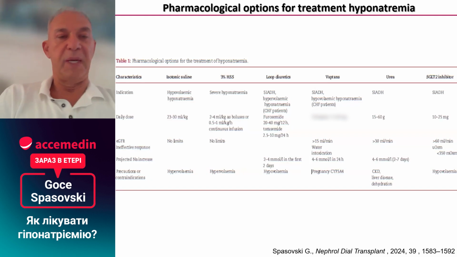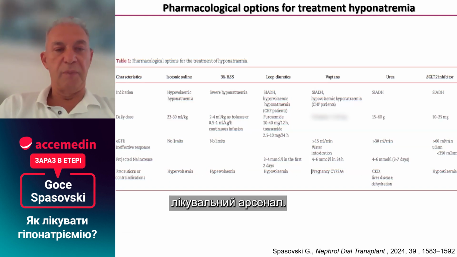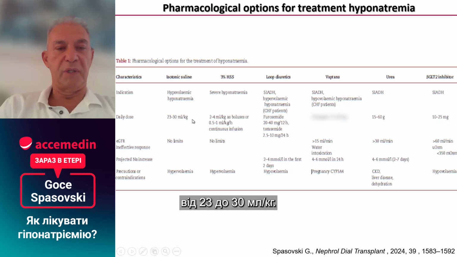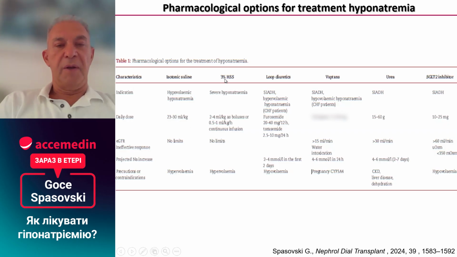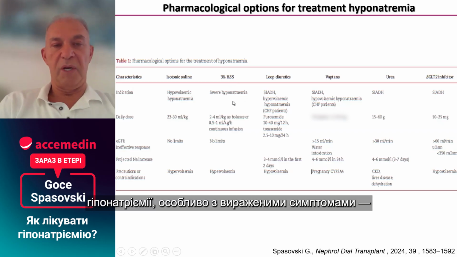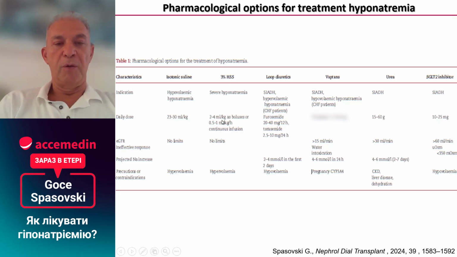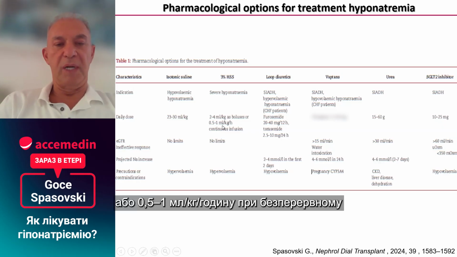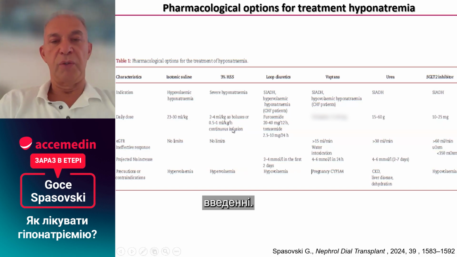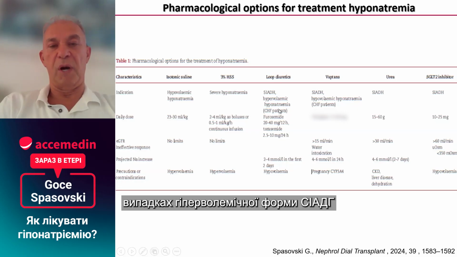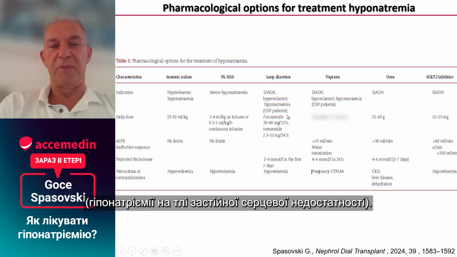We here have the treatment armamentarium: isotonic saline in hypovolemic hyponatremia, 23 to 30 milliliters per kilogram; 3% hypertonic saline in severe hyponatremia, especially with symptoms, 2 to 4 milliliters per kilogram as boluses, or 0.5 to 1 milliliter per kilogram per hour as continuous infusion; loop diuretic use in cases of SIAD, hypervolemic hyponatremia, congestive heart failure,